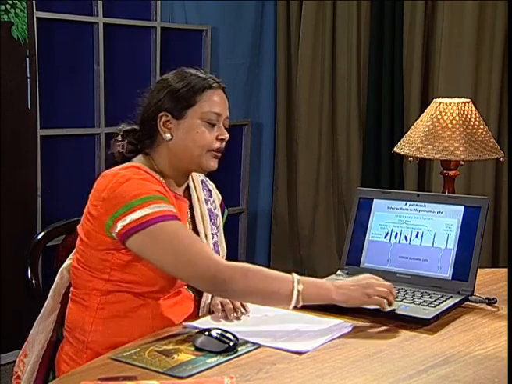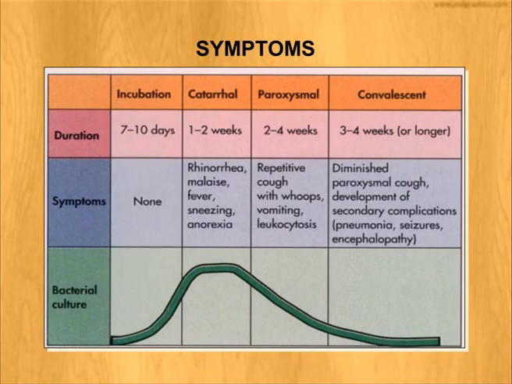So they will be growing and the toxin will be produced to bring about the effect. Next, we are moving to the symptoms. Symptoms are very, very important, and we can actually characterize the disease by the symptom itself. It begins with an incubation of 7 to 10 days where it is asymptomatic. There is no symptom during the incubation stage, where you can see the bacterial culture. That means if you plate, you will have the organism growing in numbers. You can see as the days pass.